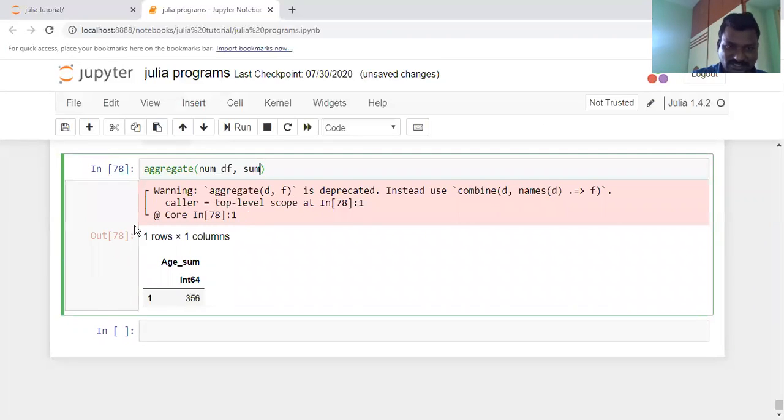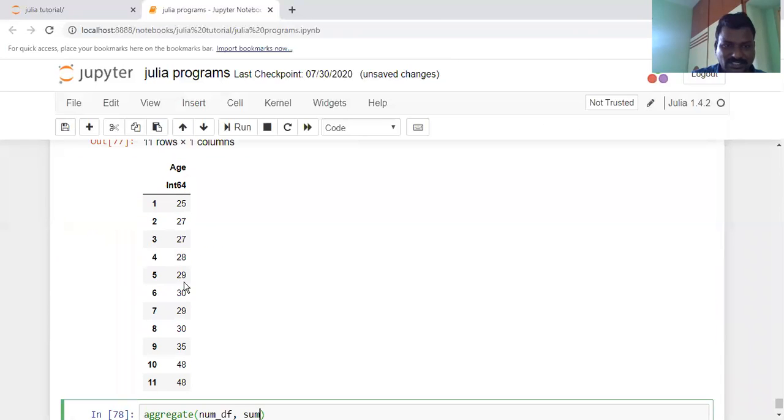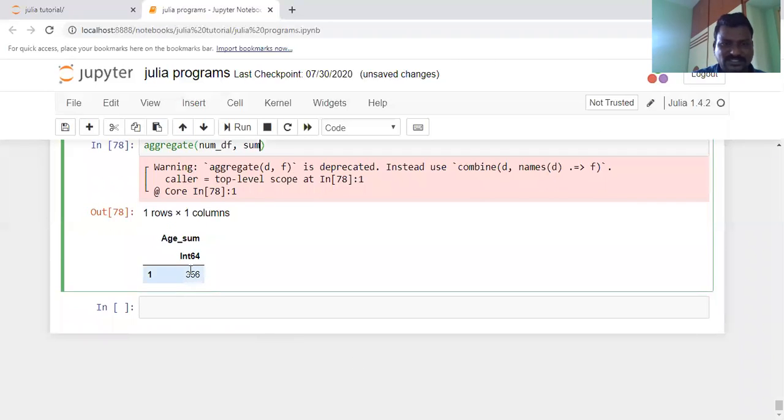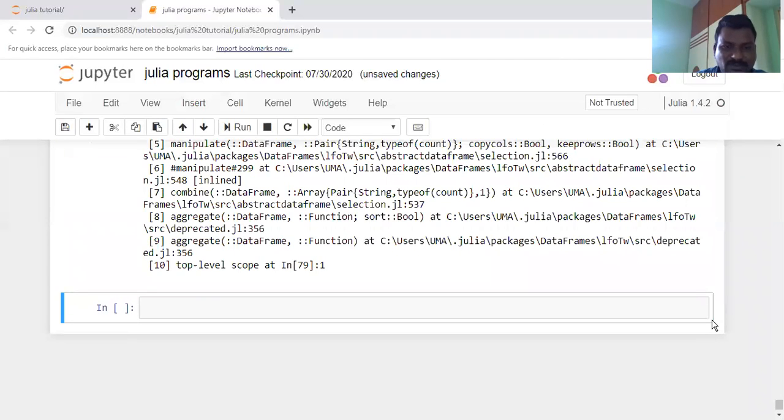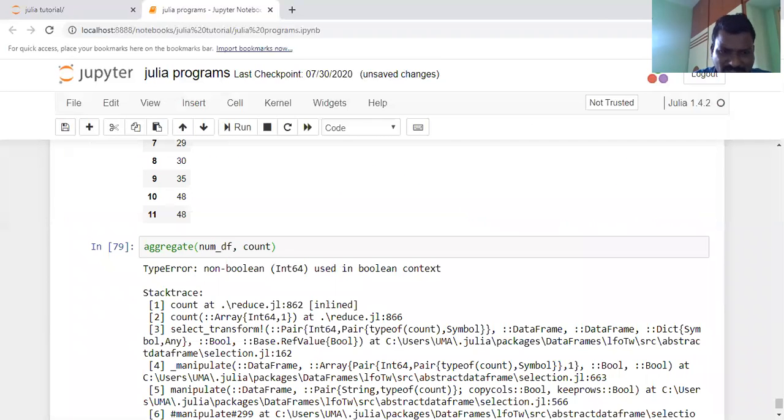Here sum means the sum of the age values. For example, if you take the age, the sum of all 25 plus 27 plus and so on gives an output of 356. I want to count how many ages there are. If you apply the count function, it gives some error.